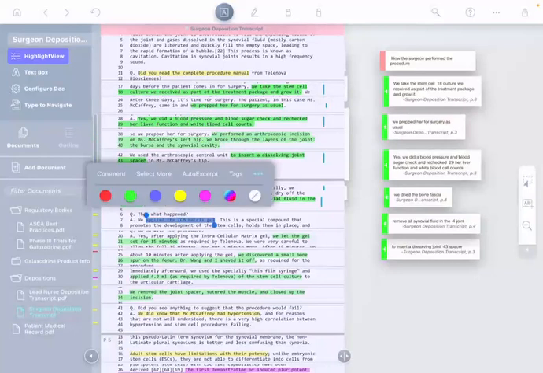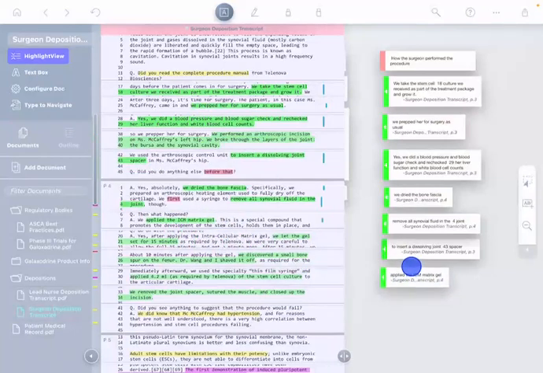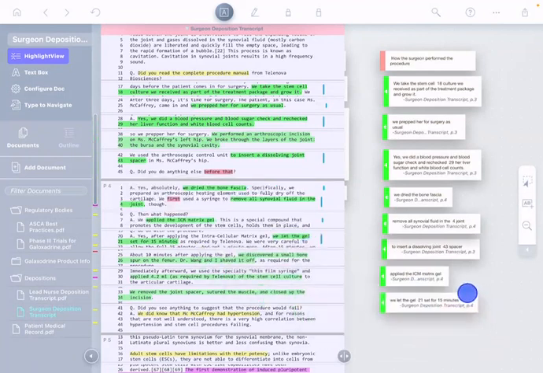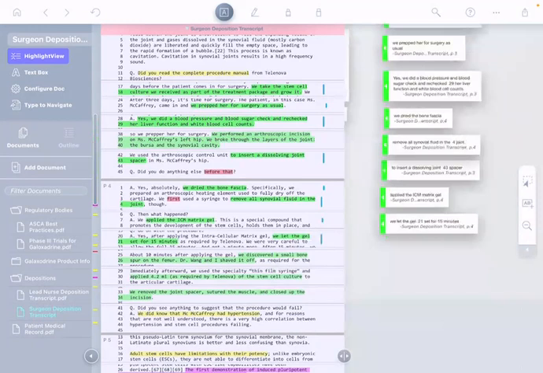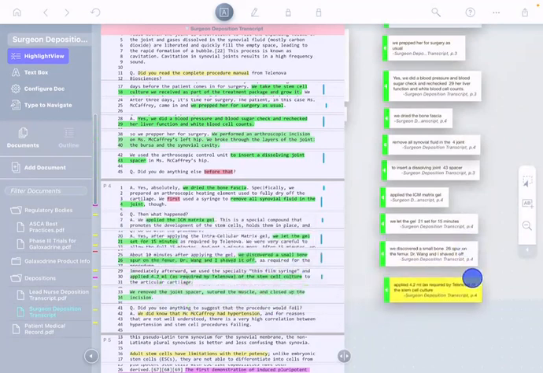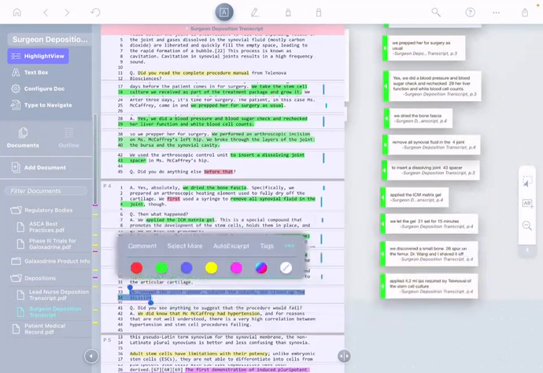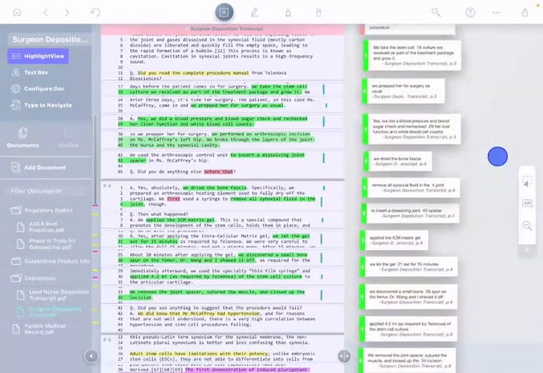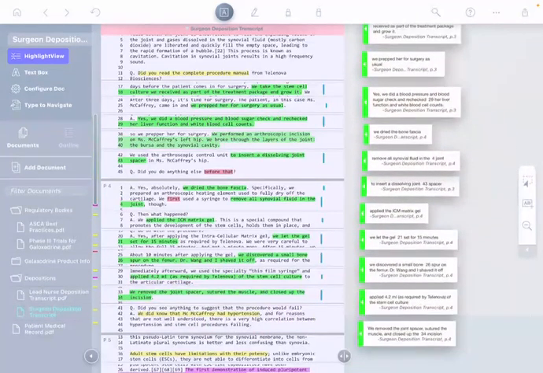Okay, so now we'll pull out the rest of these points. So the surgeon applied the ICM matrix gel. Let the matrix gel set for 15 minutes. That seems pretty important. The surgeon shaved off a small bone spur off the patient, applied the stem cell culture, and finally closed the patient up. Well, looking at it on the surface, it all seems very reasonable. It seems like the surgeon performed the procedure correctly.